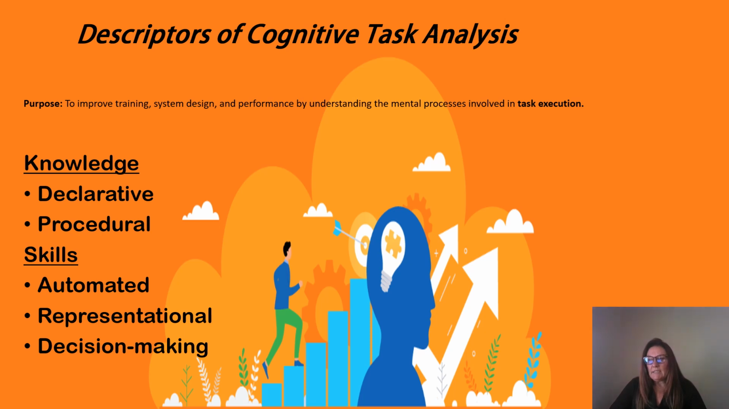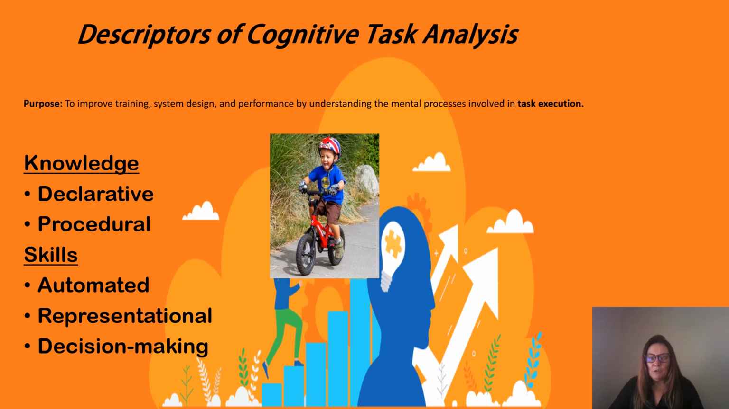We also look at skills. Skills are automated, fast and effortless. This refers to tasks that a person can perform without conscious thought, often due to excessive practice, and requires minimal cognitive resources. So an example of this may be riding a bike. Once you do it, you never forget. And this identifies tasks that are performed automatically, noting conditions under which they have become automated, and assesses how automation